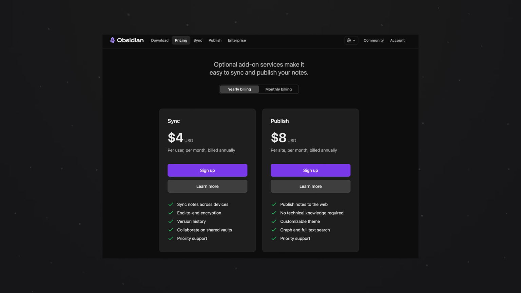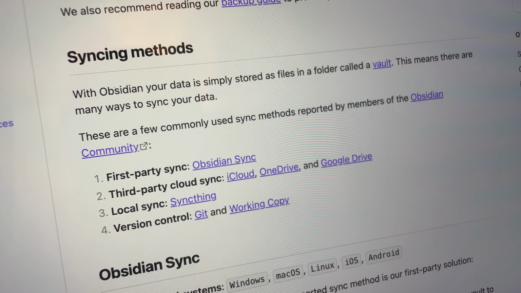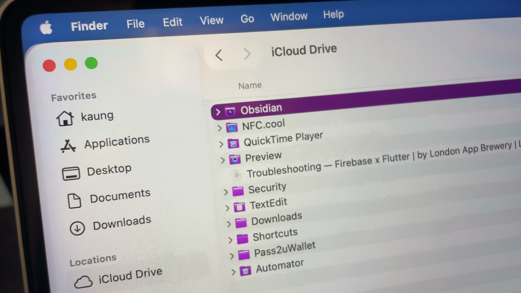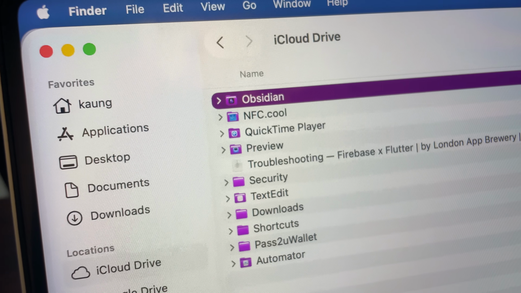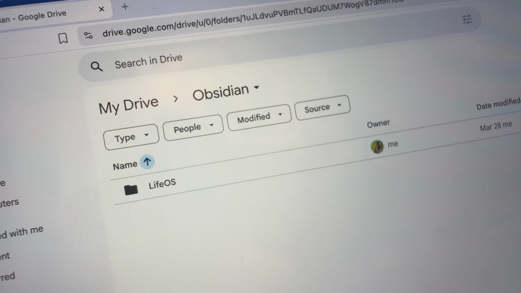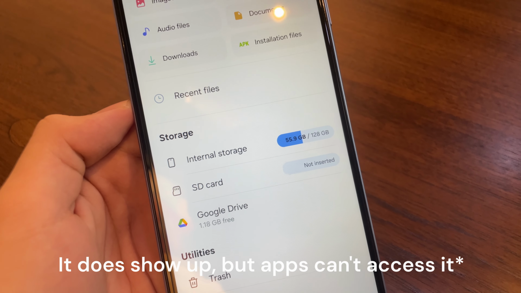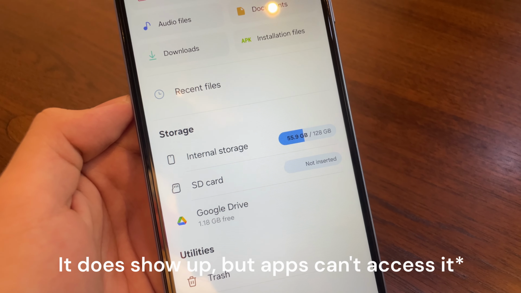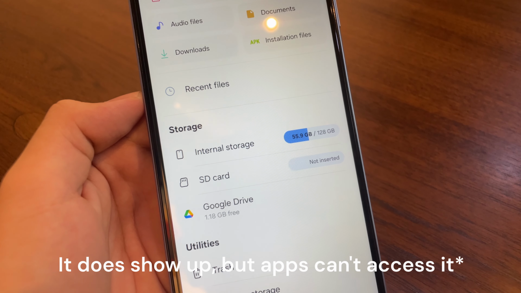Either pay for Obsidian Sync, which is completely understandable as they are hosting our notes securely on their servers, or use alternative methods like iCloud and Google Drive. When I used my iPhone as my main phone, I was able to put all of my notes inside a folder in iCloud. I was able to point the Obsidian apps on both macOS and iOS to that location and was able to sync. Although I'm able to do the same thing with Google Drive on macOS, on Android, Google Drive doesn't show up as a location in the file manager, meaning I can't really point the Obsidian Android app to that location even if I have all of my notes on Google Drive.